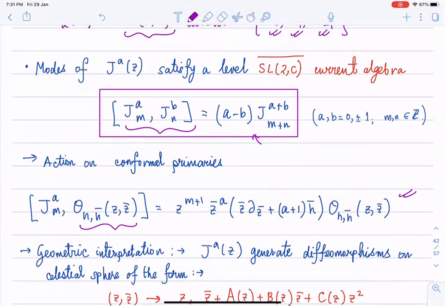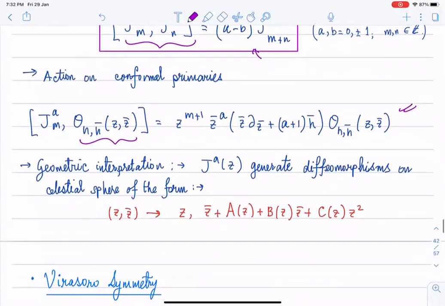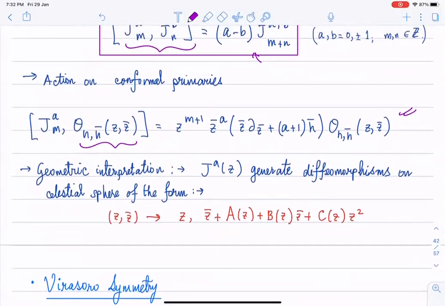So basically the super translations had a geometric interpretation, in the sense that if you do a super translation, then the time coordinate with respect to null infinity gets shifted by an arbitrary function of your Z, Z bar coordinates, right? But similarly, one can think of a geometric interpretation of this current as well, of this current J of Z,